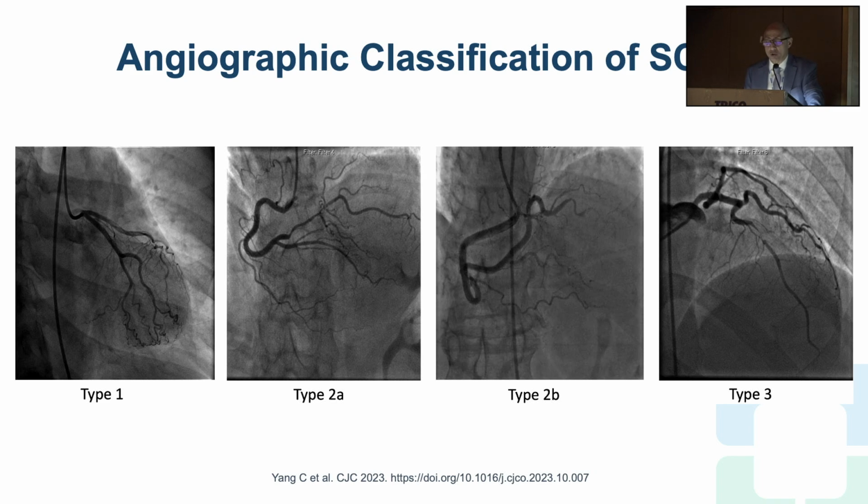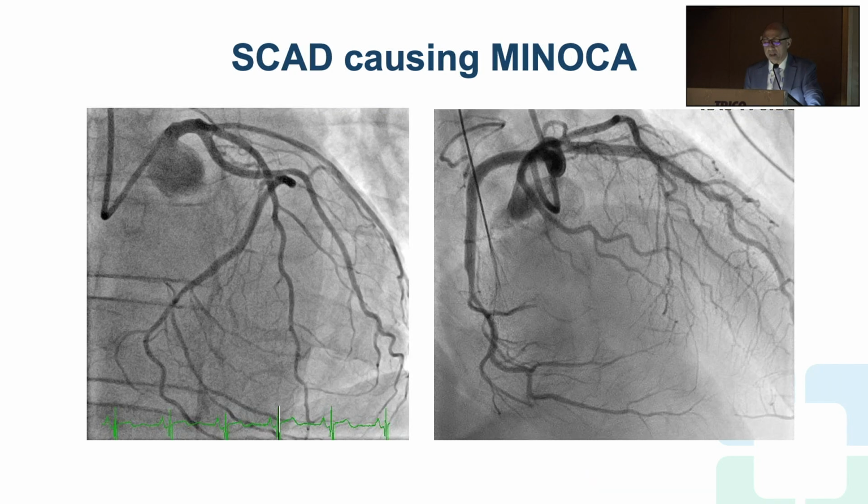And when you look at the angiograms in all of these pictures, you see there really isn't that much atherosclerosis anywhere else. This is the example that I'm showing you, a large circumflex system with a little bit of tapering in the distal part of the circumflex where the terminal posterolateral branches are, and SCAD tends to happen in the distal segments as well, which is not typical of atherosclerosis. In one view, it looks more impressive than the other, but if you look at the cranio-caudal, it doesn't look